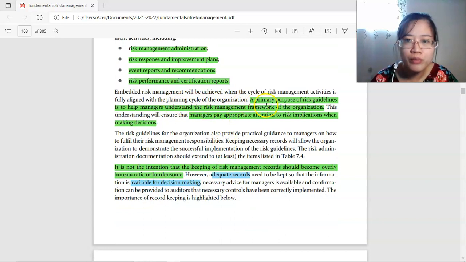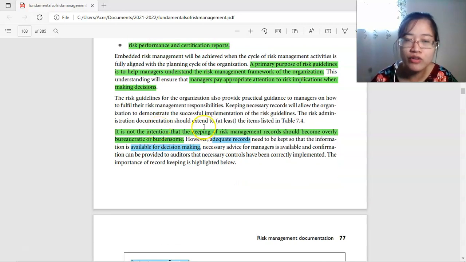Okay, so the primary purpose of risk guidelines is to help managers understand the risk management framework of the organization. Again, the risk management framework is the three: RASP, risk architecture, strategy, and protocols. And then managers must pay appropriate attention to risk implications when making decisions. When they are trying to decide about something, one of their considerations is the risk implications. Ano ba yung mga risk exposures sa business, and how they're going to counter that before they make a